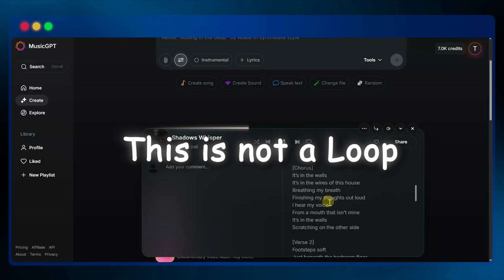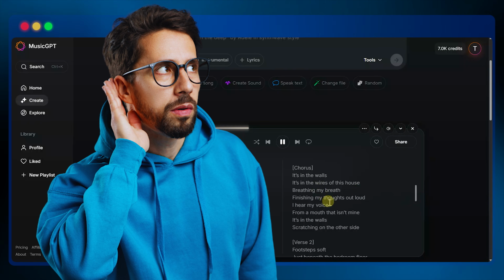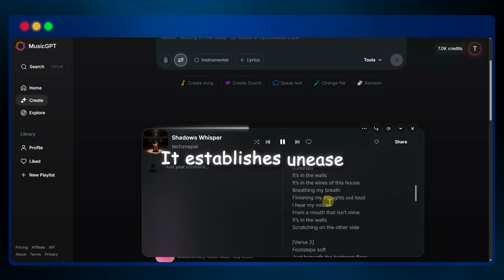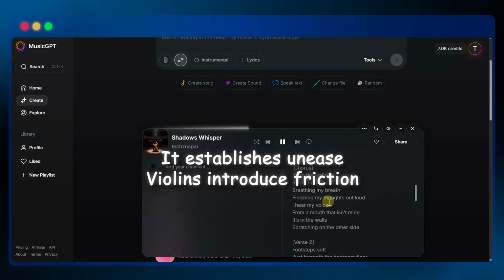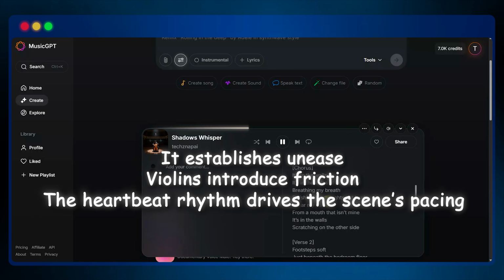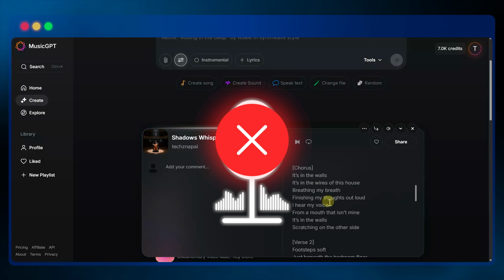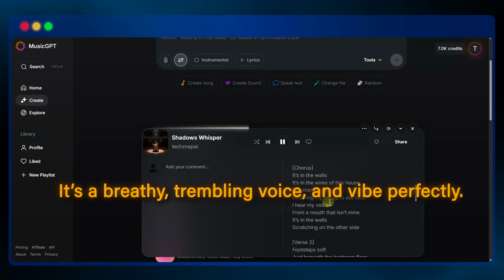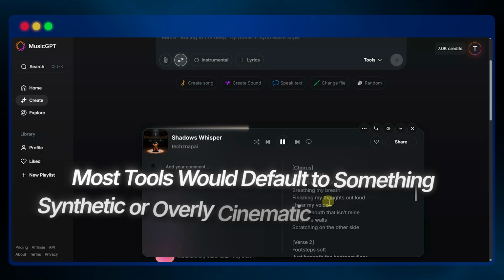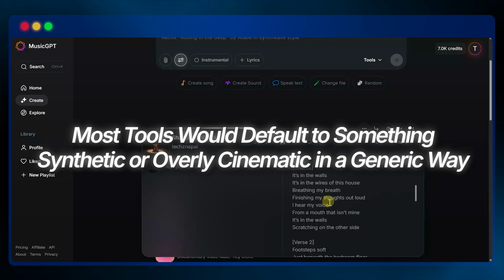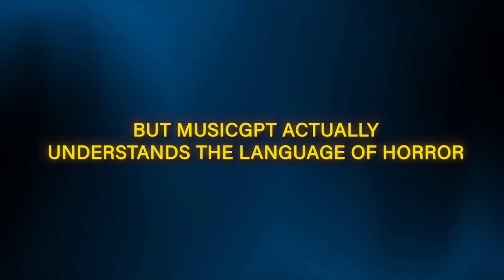This is not a loop. You can hear the progression, the gradual layering. It establishes unease. The violins introduce friction, and that heartbeat rhythm anchors the pacing of the scene. And those vocals, they're not stable. It's a breathy, trembling voice, and that fits the vibe perfectly. Most tools would default to something synthetic or overly cinematic in a generic way, but MusicGPT actually understands the language